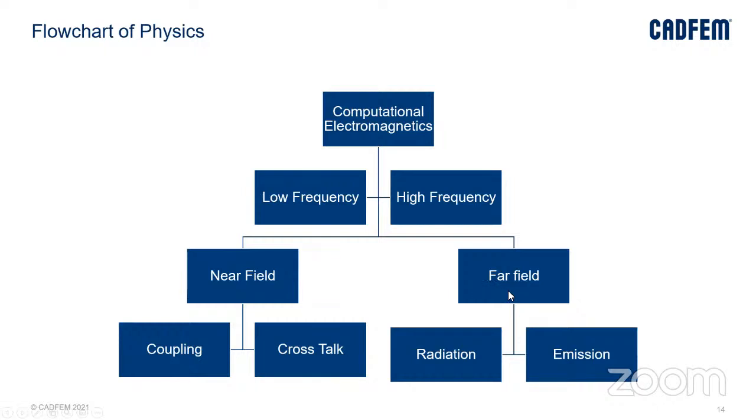Near field, we can say, is based on the distance from the antenna. At near field, two phenomena can occur: one is coupling and one is crosstalk. Coupling can be advantageous when